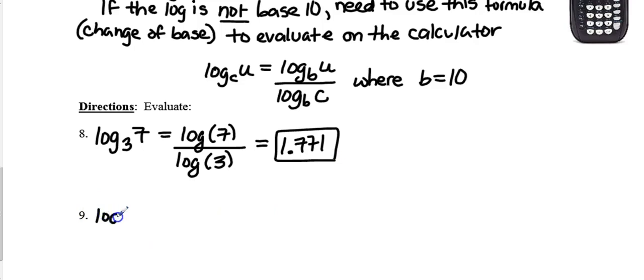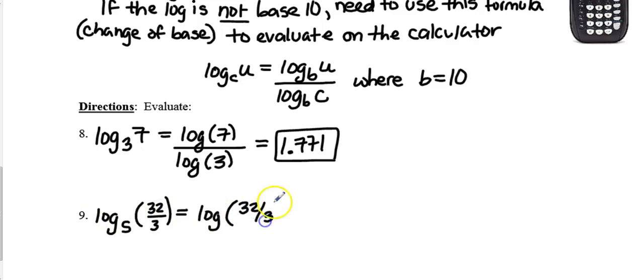Our last example is going to be log base 5 of 32 thirds. I choose to use parentheses here just to make sure it stays nice and neat. Again, think top shelf first. It's going to be log of 32 thirds divided by log of 5. Press pause and use your calculator. Make sure you close that parenthesis to make sure the argument is all set. So what I mean by that is log of 32 thirds, close the parenthesis before you hit the divide button. Log of 5, and we get